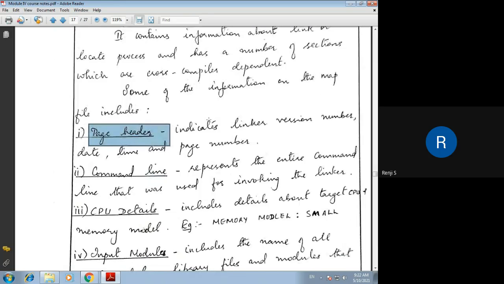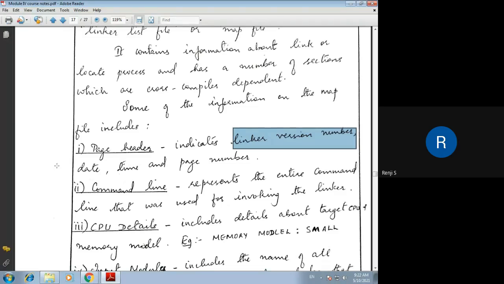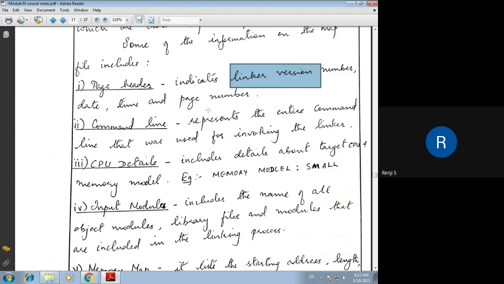In the list file it indicates the cross compiler version, but in the map file it stores information about the linker version number. So the first section in the map file is the page header, and it indicates linker version number, date, time, and page number of generating this file.